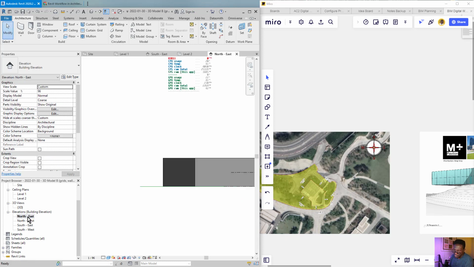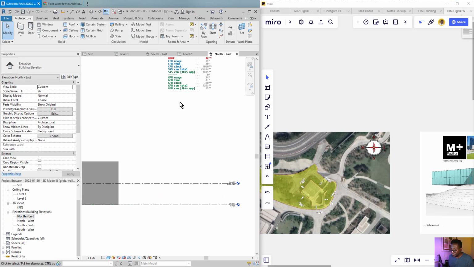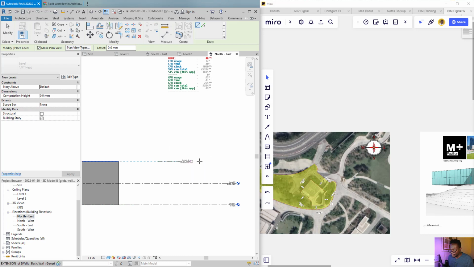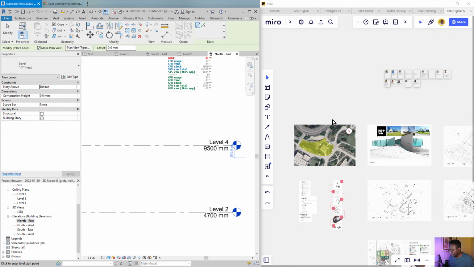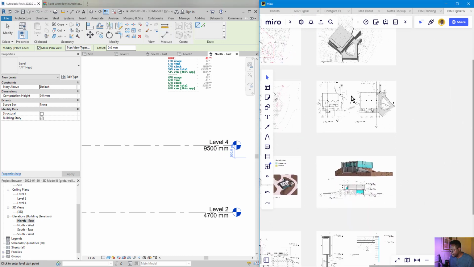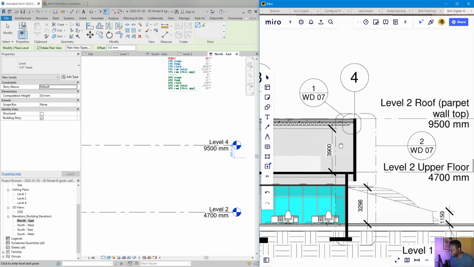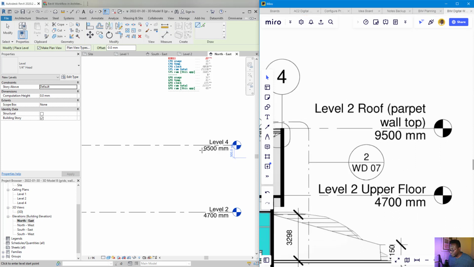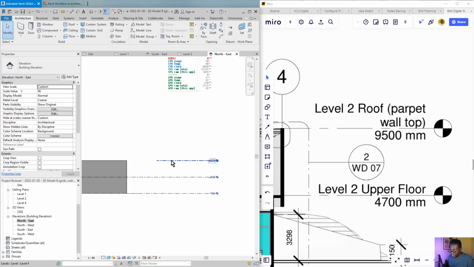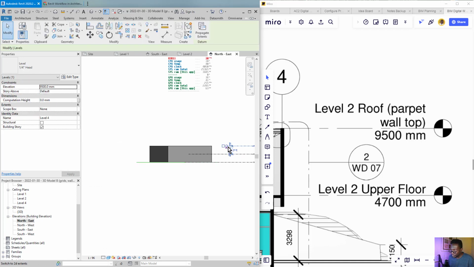It doesn't really matter what view we go to. We're just going to go to any view, and now we're going to draw back that level. And according to our drawing here, let's go back to that elevation view. Here we go. So it should be 9,500. It's 9,005, so that's great. And we are going to set this up like before. So we're going to drag this all the way over here